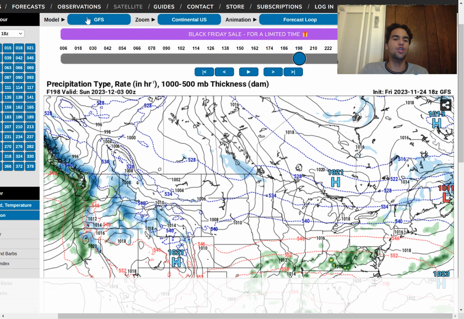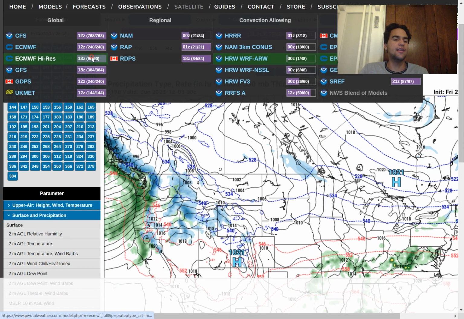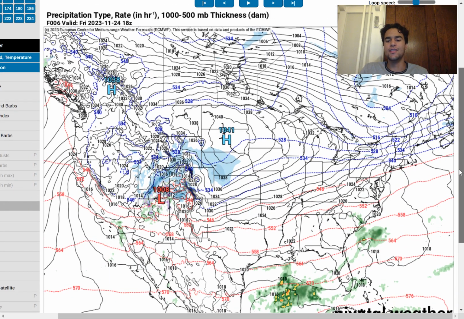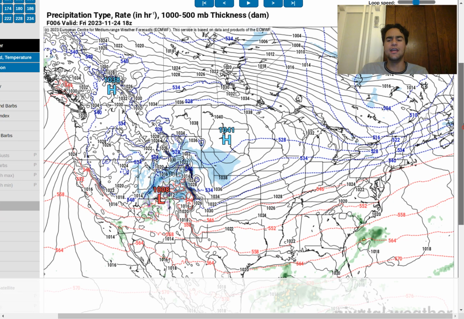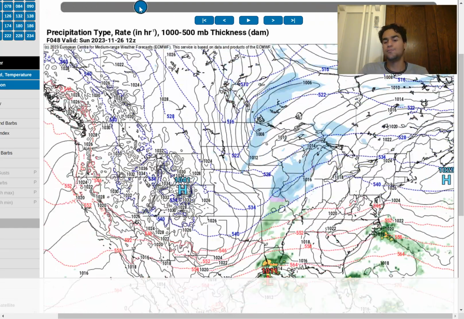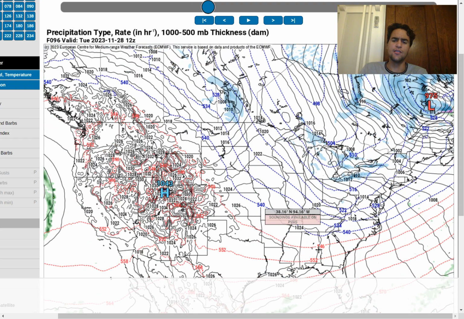Now, taking a look at what the European model is forecasting at around the same time period, the European model is less confident in this. The European model doesn't expect as much instability to exist for the chance of a snowstorm pattern developing to be as high. And taking a look at what the GFS model is forecasting, so for this first snowstorm, it's pretty much the same as the GFS model, which is why I said that the forecast is pretty certain. So expect 1 to 3 inches of snow for a large portion of the Midwest and heavier snowfall right over Kansas, where you should expect 6 to 9 inches.